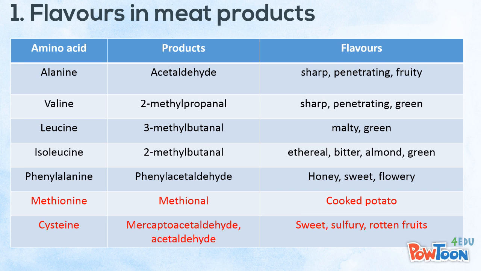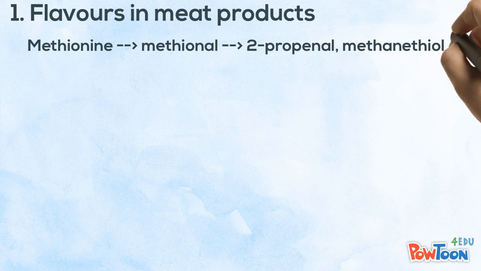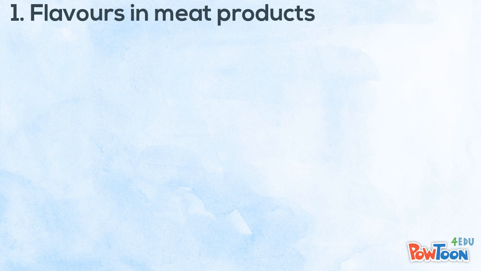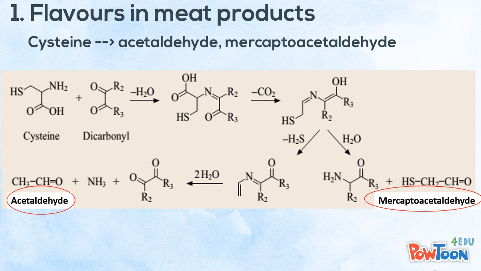Methionine and cysteine are the two most important amino acids in the formation of meat aroma. Methionine produces methional, with the aroma of baked potato. 2-propenal and methanethiol are formed from the methionine, which are non-reactive intermediates participating in further reactions to form various final aromatic products. Cysteine produces a number of highly reactive intermediates with flavor-generating potential, such as ammonia, hydrogen sulfide, acetaldehyde, and